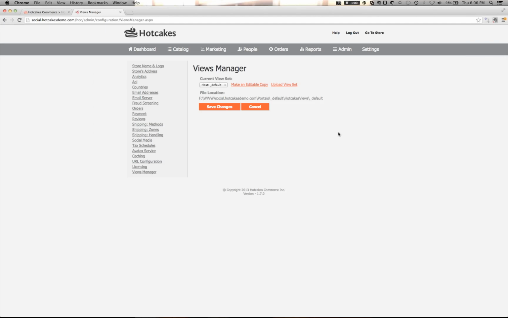So basically all the pages that are being viewed on the actual e-commerce portal, those are all being rendered based upon the views that are right in here. Okay. So if you want, you can come here and make an editable copy, and then when you do that, we'll tell you where the folder is, so you can go modify those files there. So what I'll do now is point out that you have the ability to override these views at any level, right? So if we open this up in another tab